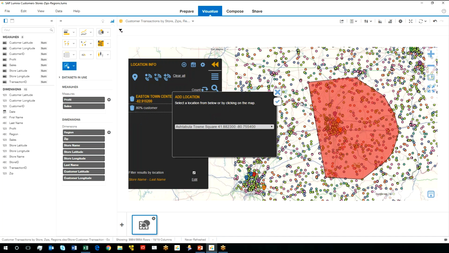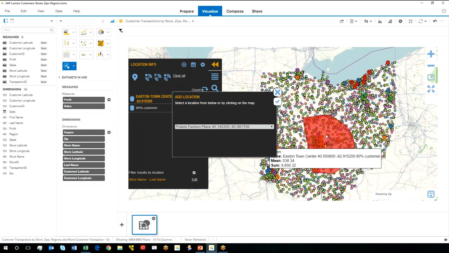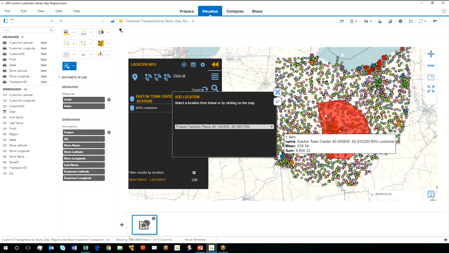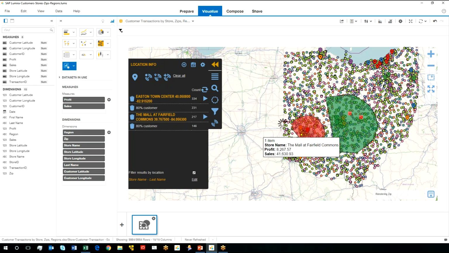I'll just show you for comparison's sake. You can go ahead and add another one. Let's say I'm going to add one in the center here, the Polaris Fashion. Let me pick one a little bit differently here, so it's a little bit further away. And I'll go ahead and click this from the other area, and we'll click select. And now I get to see two side by side, and you can add as many of these as you want to see what the actual